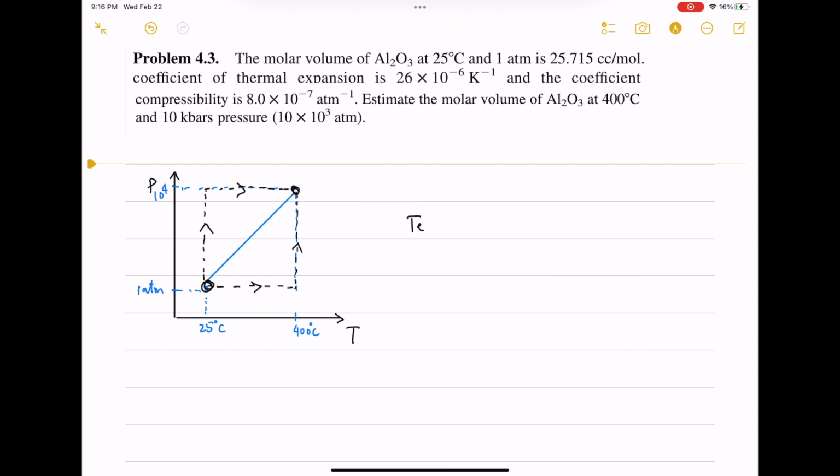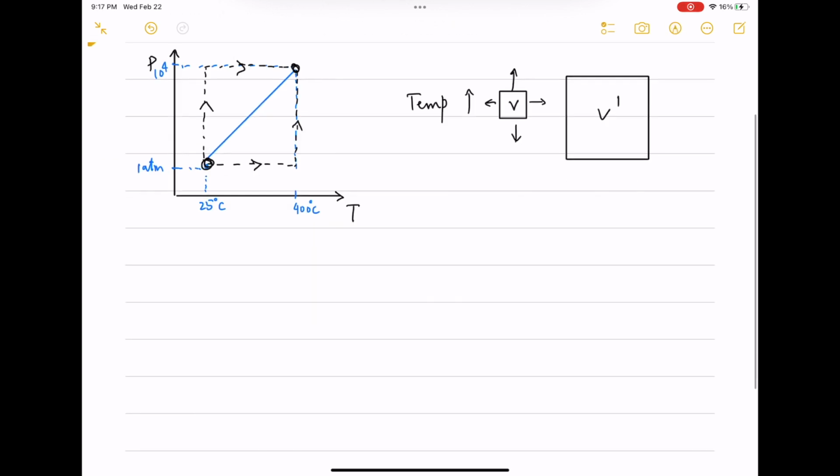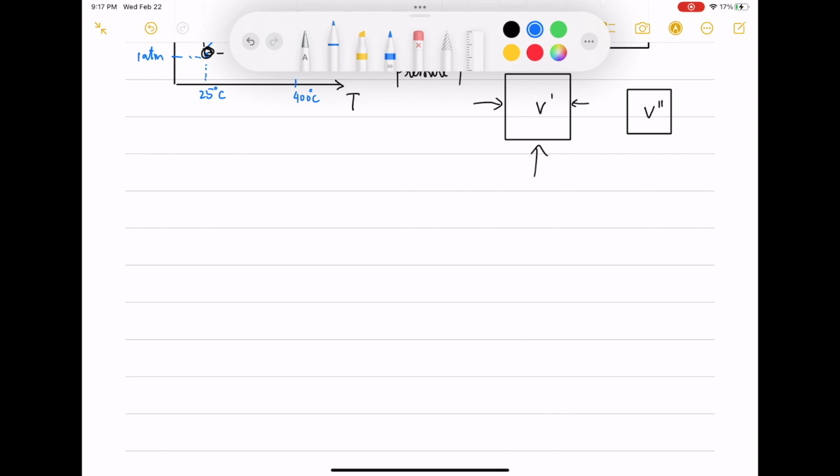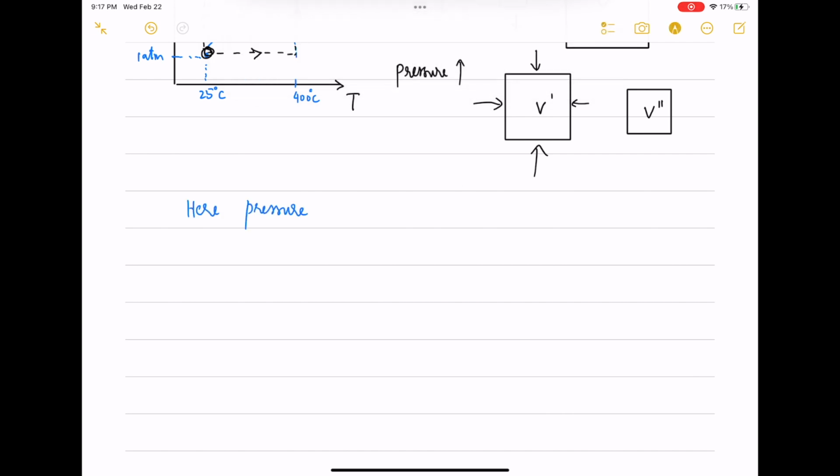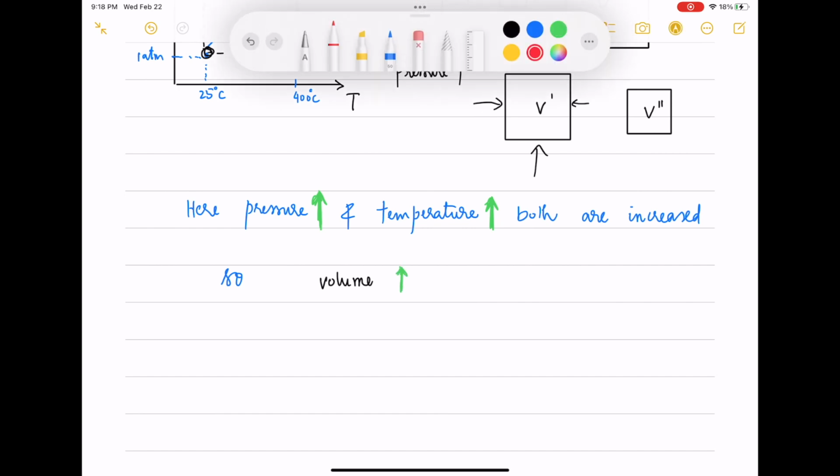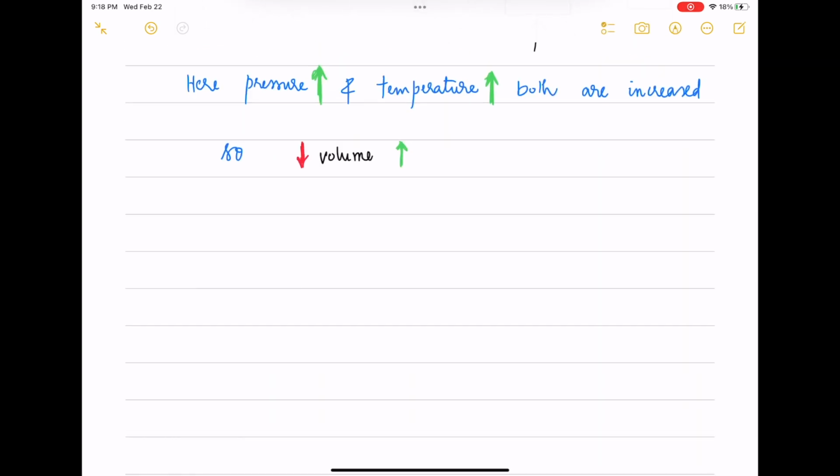When the temperature is increased, the volume has increased, right? When the pressure is increased, the volume has decreased. So in this problem, we have both pressure and temperature increased. And now we don't know whether the final volume is increased or decreased. Why am I talking about this? This is